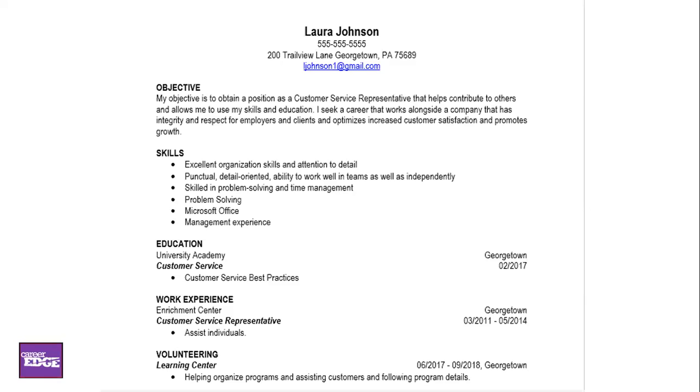And so that way you can easily upload it, especially since all the jobs are online. So say you were in our workintexas.com job searching site and you were wanting to apply for a job, and it said, please send email to, and they gave you the company web email, you could easily upload it and be ready to go and applying for jobs easily. You just have to get over the hurdle of creating a resume. And it's not a hurdle if it's simple 5 parts. You know who you are, you know what you have to offer, but now you have to put it on paper so that way individuals can see what you have to offer as you're moving forward into